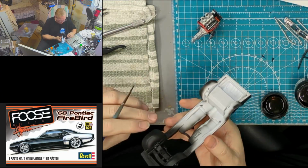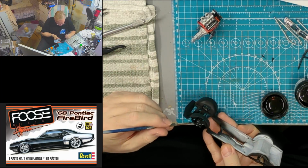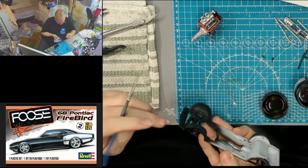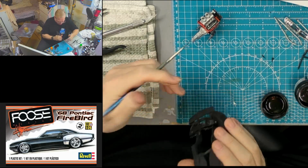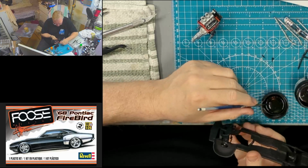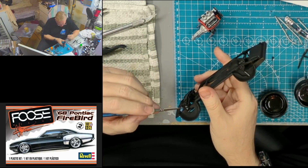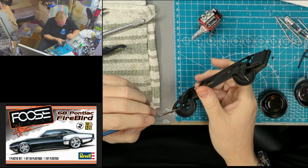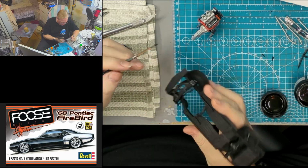All right. While I'm at it, just in case these are visible with the wheels on, I don't know if they're going to be or not, but just in case, just touch that up, and that one too. All right,